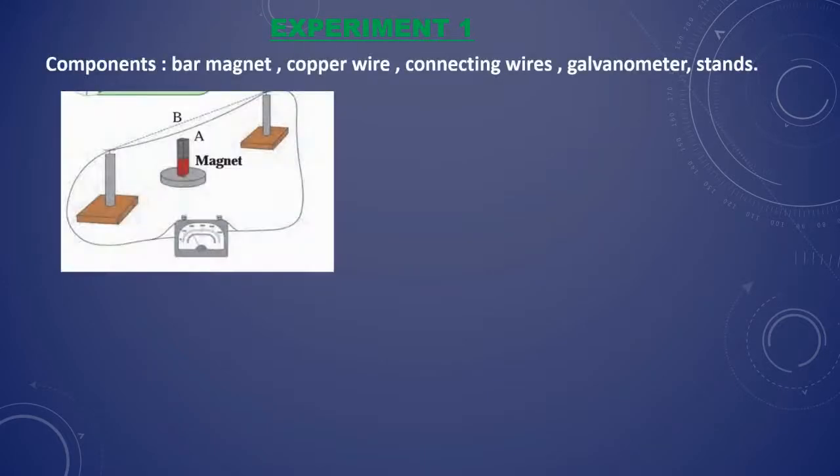Let us study about the experiment 1. To perform this experiment, we will be needing the following components: a bar magnet, copper wire, connecting wires, a galvanometer and 2 stands. So moving on with the procedure,